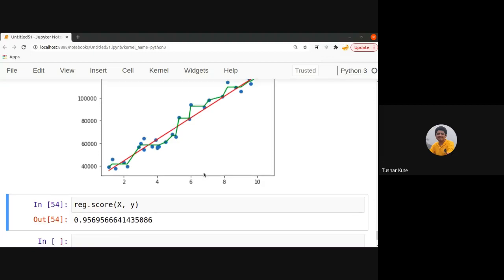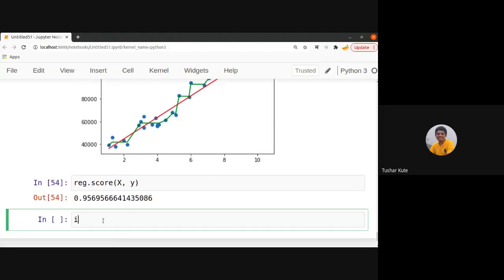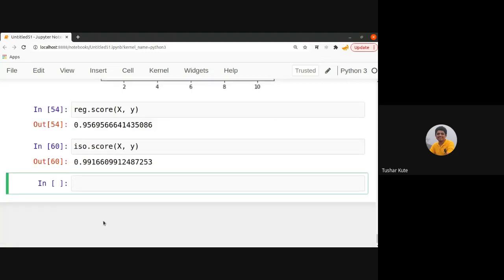But the problem here is that for isotonic regression, you can see the score is 99% accuracy. But isotonic regression can predict the value only between the minimum and maximum value of the input. The minimum value of the experience input is 1, and the maximum is 10.5.